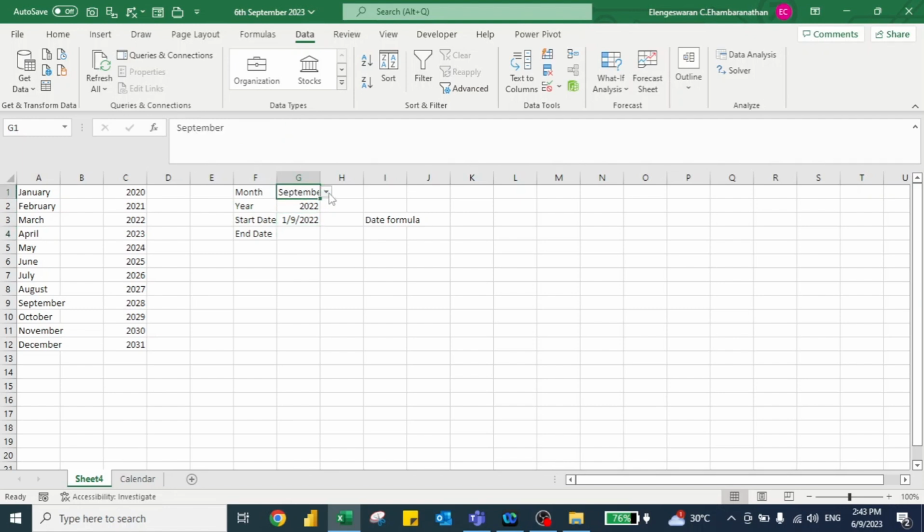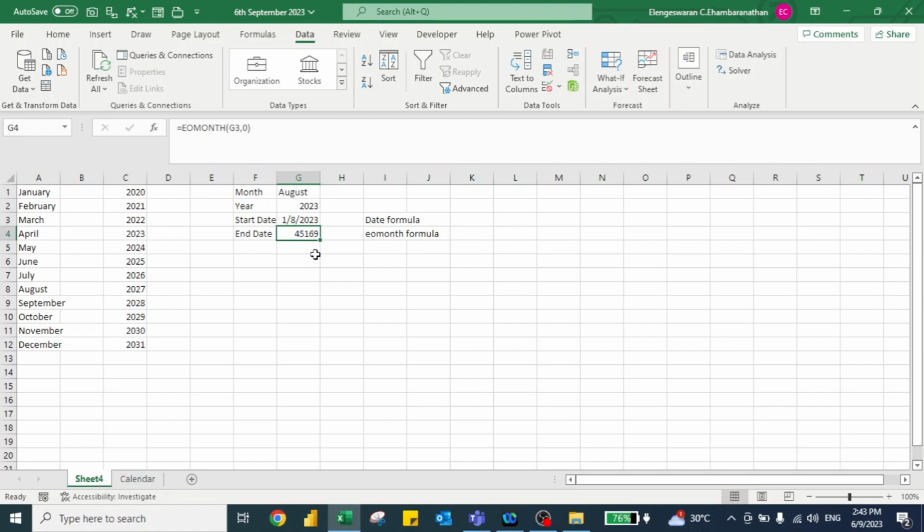So if I were to click August, you have 1st August 2022. If I select year 2023, you have 1st August 2023. And then here I'm going to put the end of month formula, meaning equal EOM, start date is the 1st August, 0 is the month, and there you go. The moment I press enter, you will notice that instead of appearing as a date,